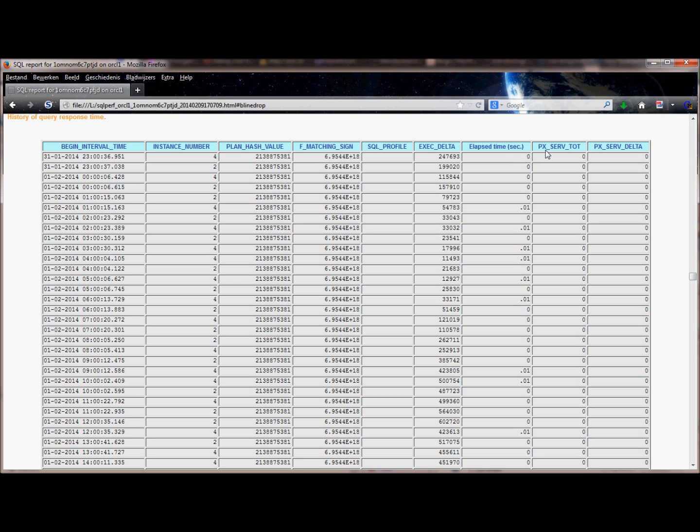Now, in version 1.6 of my script, I also put in these two columns, this one and this one. And this tells me, when I'm running parallel query, how many processes have been used to run the query in parallel. This is very interesting in the project I'm working on at this moment for my employer, because in a data warehouse, when you try to run queries in parallel, you might find out that with a certain value of parallel max servers,